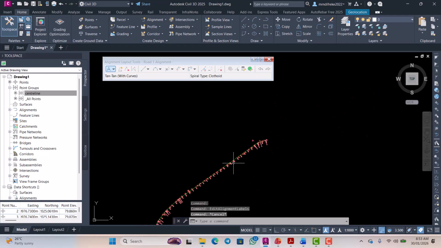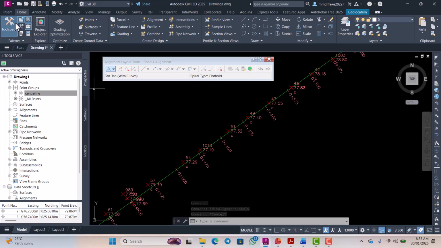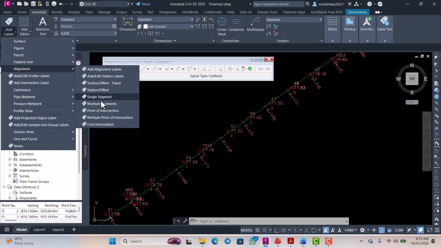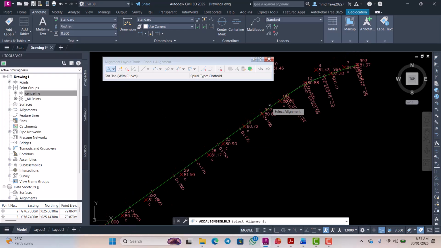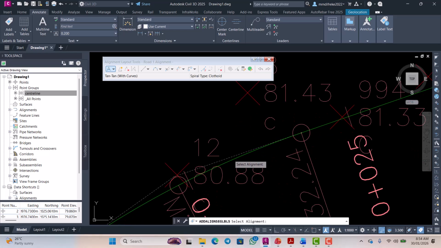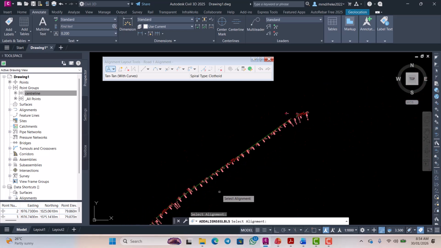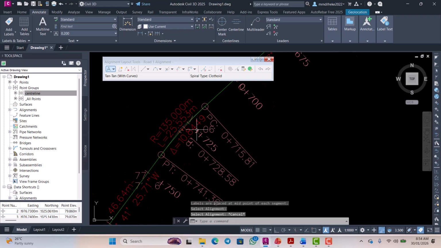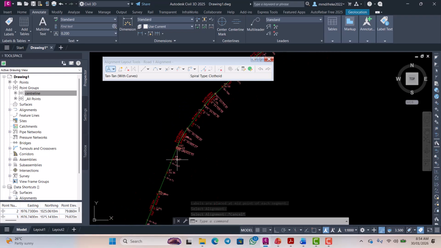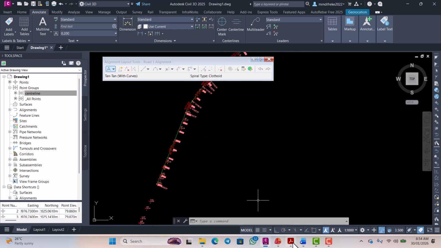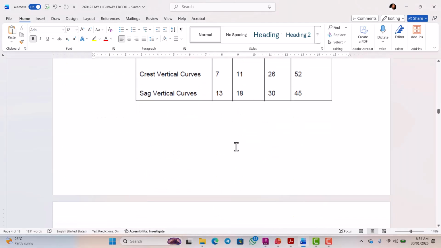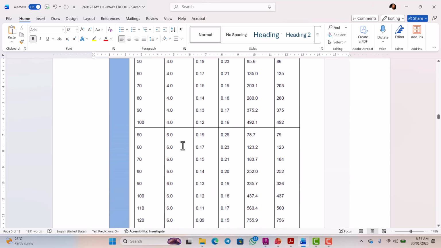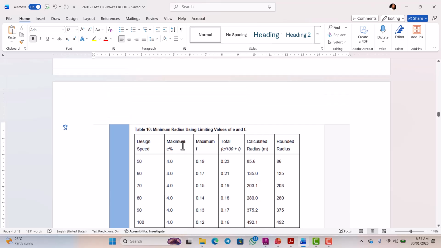Okay, so we add the label. So let's add label, curve label. So let's use the multiple segment. Now, when you look at this, under 60, you see that